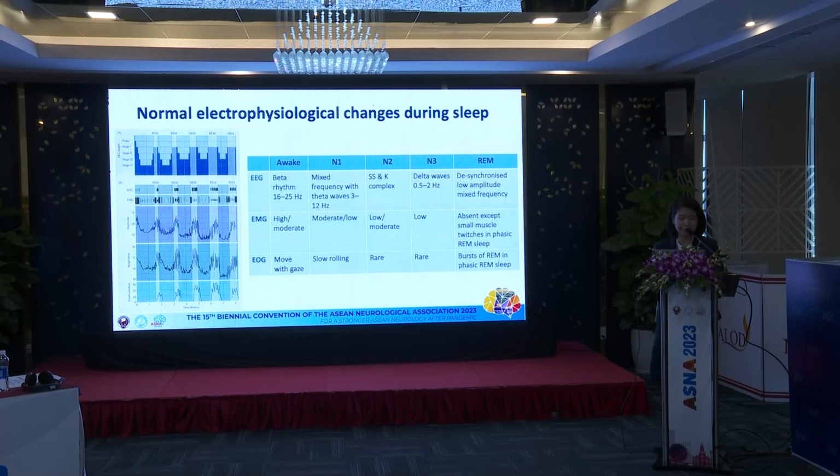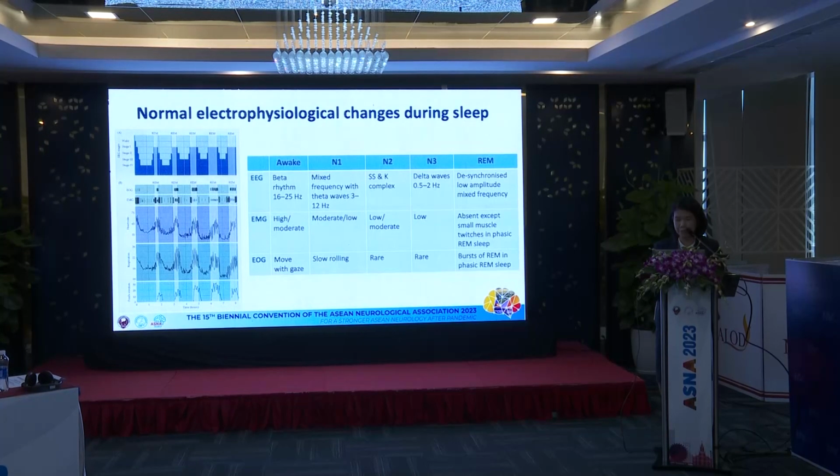Okay, let's look at the basic knowledge of the sleep, normal sleep physiology. For the macro sleep structure, we usually have the stage N1, N2, and N3, and then go to REM sleep for each sleep cycle. One sleep cycle takes around 90 to 100 minutes. And for the whole night, we have around 3 to 5 cycles. And when the night passes, the REM usually gets longer and longer, and in the morning is the longest part